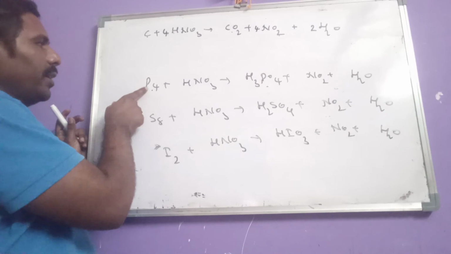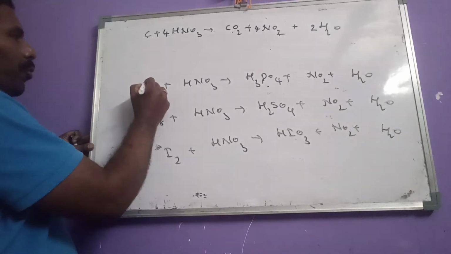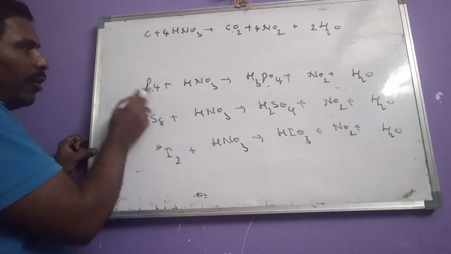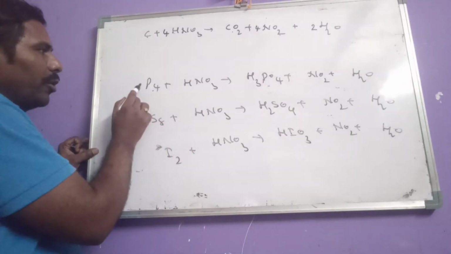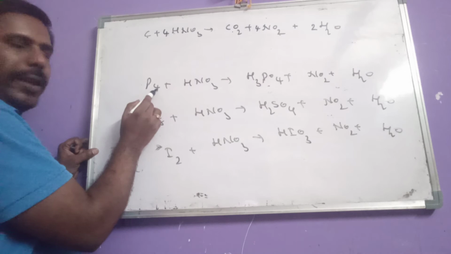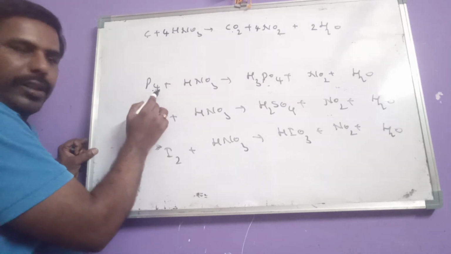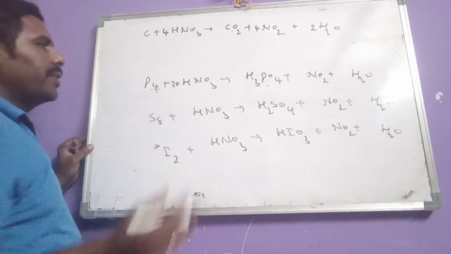Now see here, phosphorus we know the group number 5. But as in the case of carbon, we have to do the same thing here. Group number into the number in P4, we have to write, now 4 is here. So 5 4s are 20. Write 20 here. That's it.